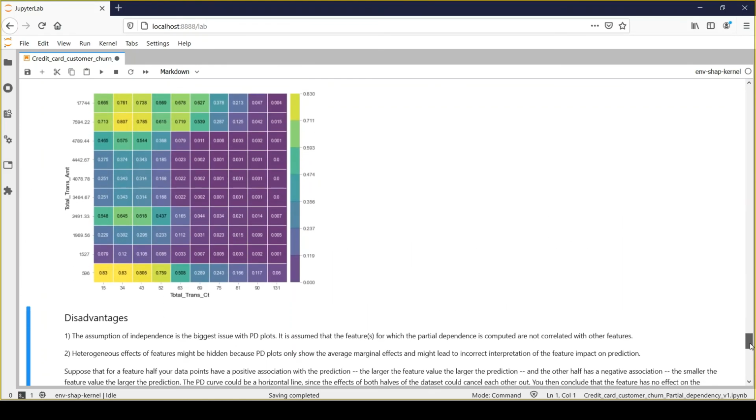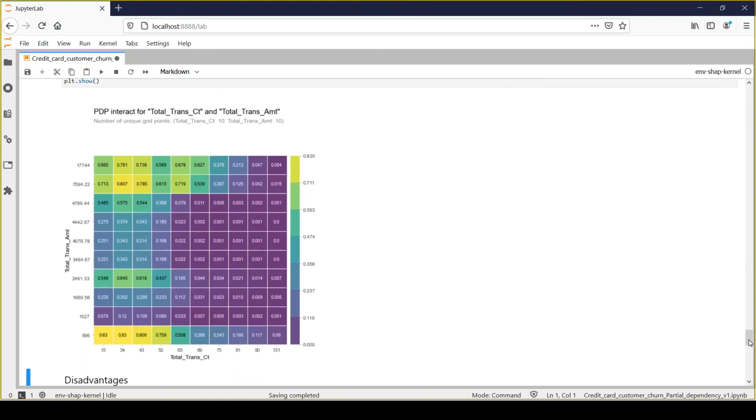And if we see the interaction between these two values, you can clearly see some sort of pattern, right? So here you can see that values are high, right? So once my total transaction amount varies from this to this, and by keeping the total transaction count constant at 596, it will have the maximum probability of 0.83, right? But from this point onwards, it will start degrading: 759, 508, 289.